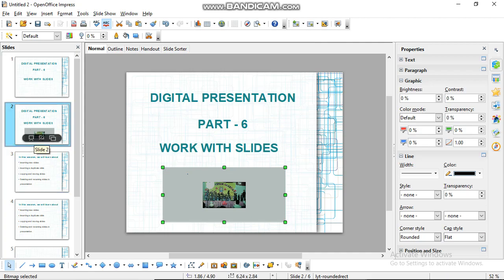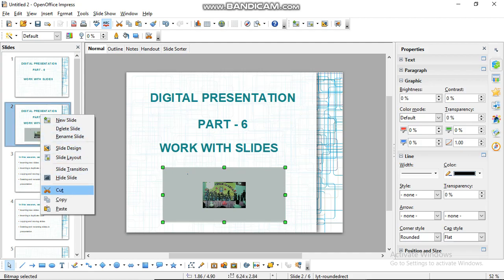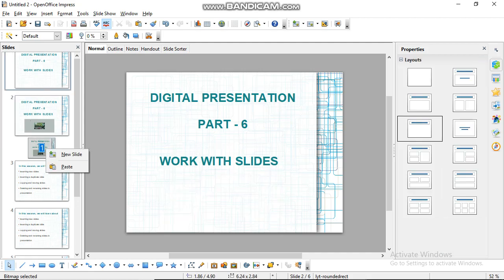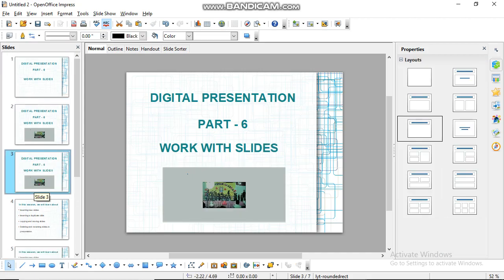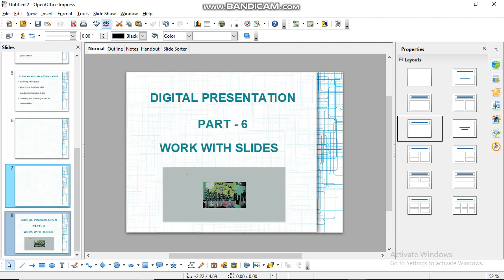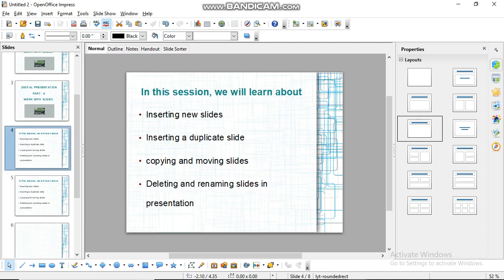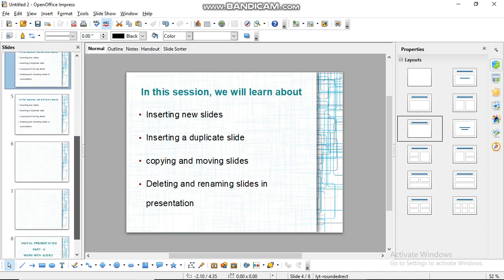It's very easy. I can right click on this slide and then click here on copy and then I can paste this slide. If I select any slide and press Ctrl C, then also it is getting copied.